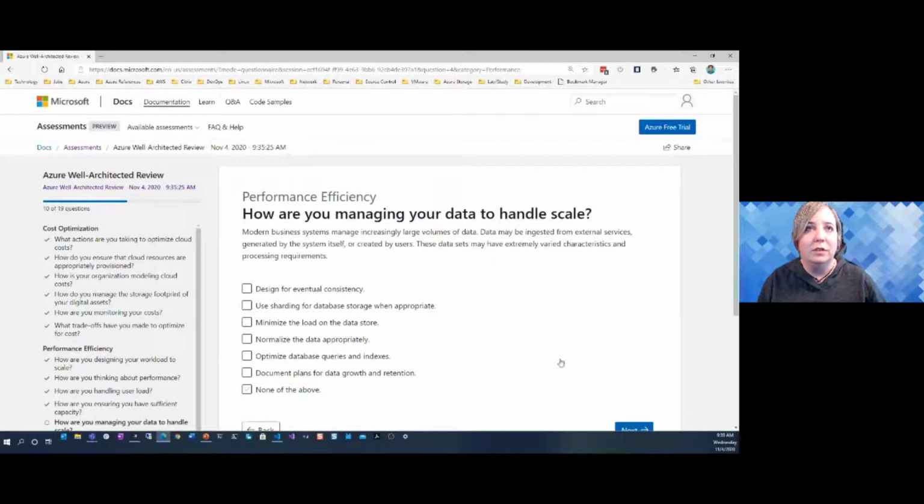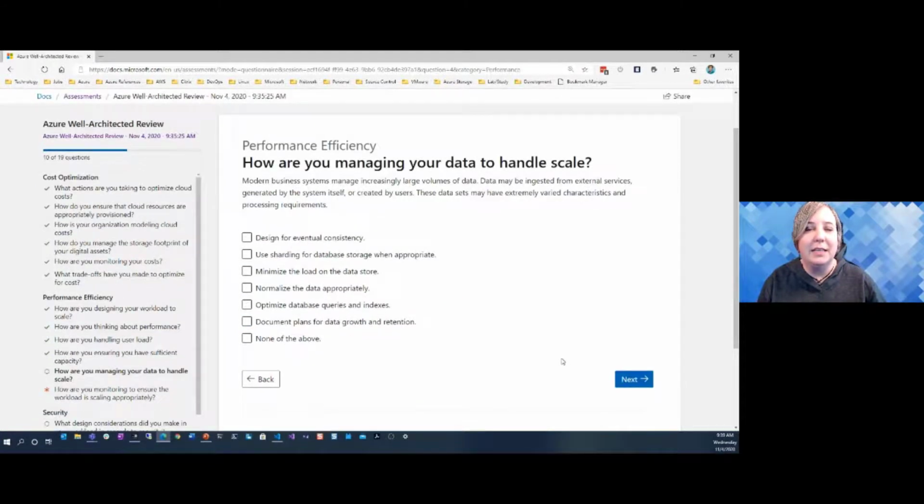Okay, cool. So how are you managing your data to handle scale? Modern business systems manage increasingly large volumes of data. Data may be ingested from external services. So maybe optimize database queries, document plans for data growth, maybe? What do you think? Yeah, I think those sound good.